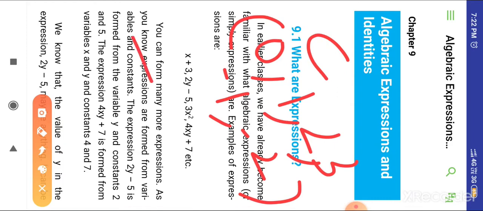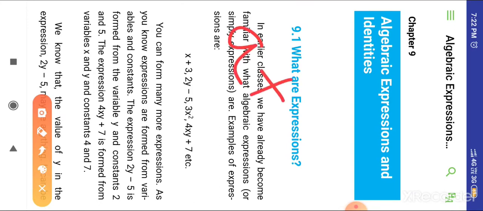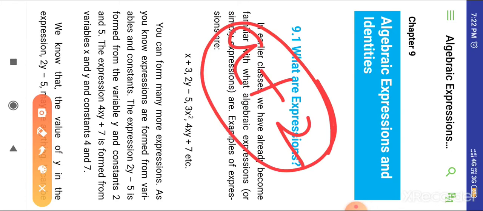In the same way, we also reduce the second rational number with denominator 21. To convert 3 into 21, we have to multiply its denominator by 7. If we multiply its denominator by 7, we have to multiply its numerator also by 7. So here we have 14 upon 21. Now we can compare both the rational numbers.